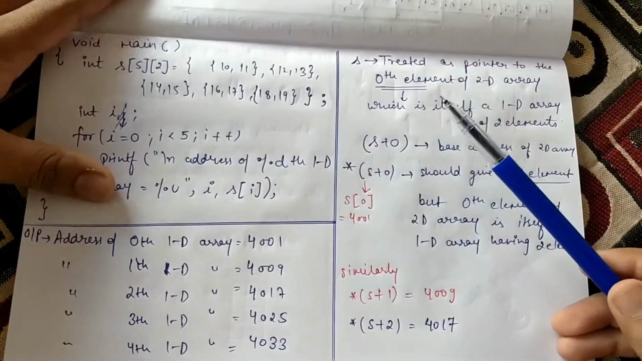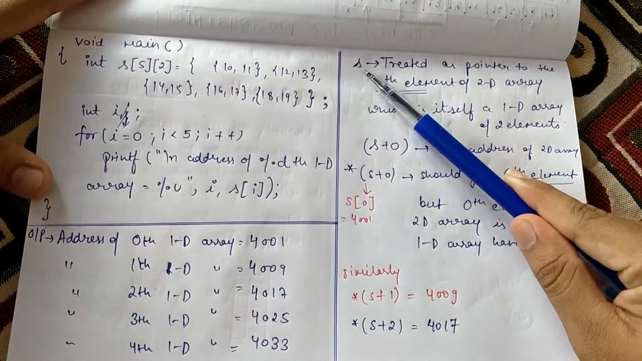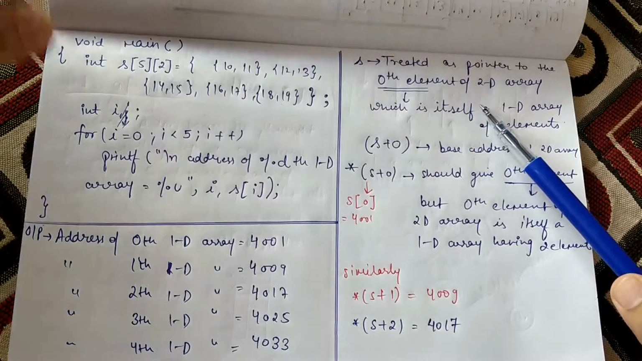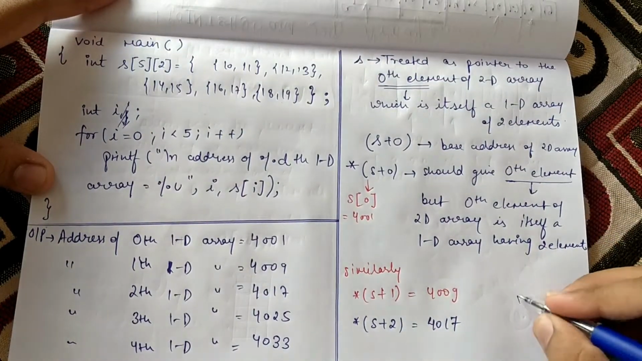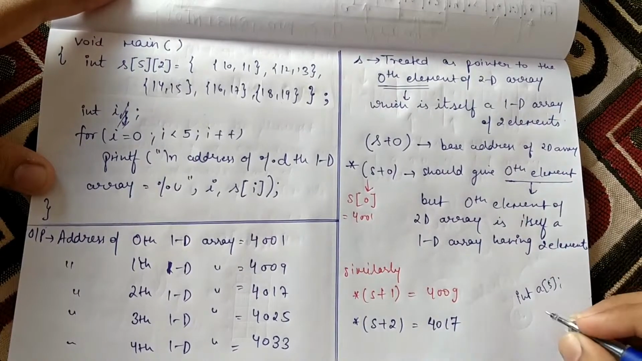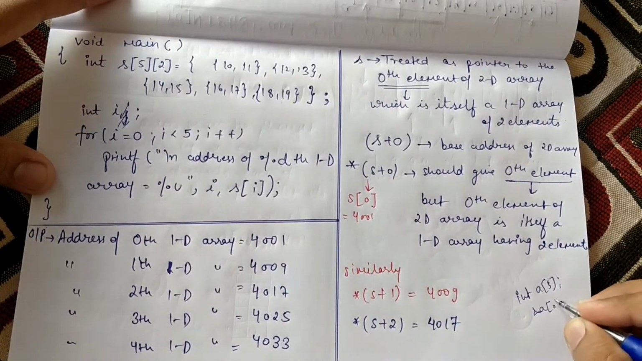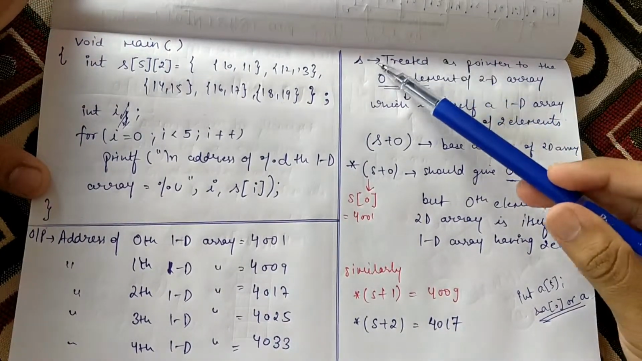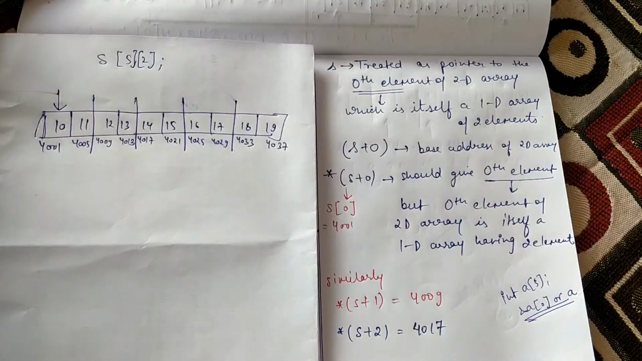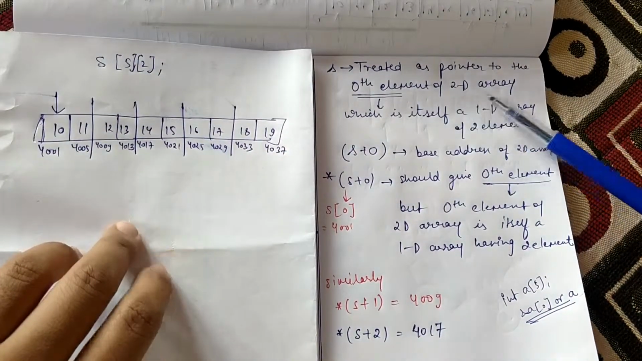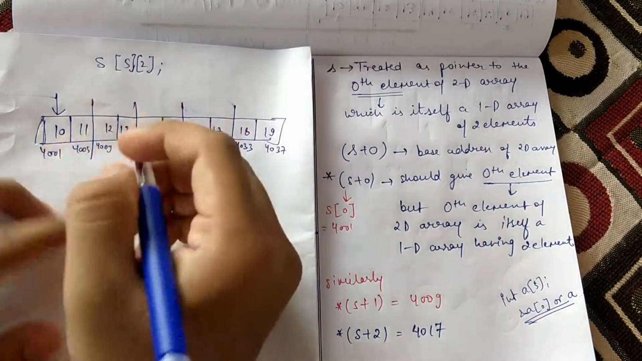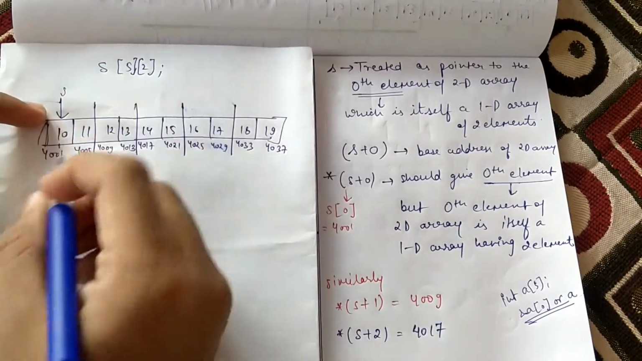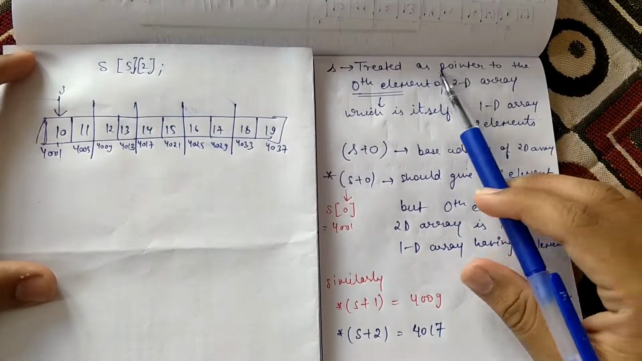And now let's understand the further concept. Now if I write simply s, it will mean that it is the base address of the two-dimensional array. Similarly, if I have an integer array int a of 5, and I write a of 0 or I write a, these both statements are similar. In the same manner, if I write simply s, it will point to the base address of the two-dimensional array. So s is treated as a pointer to the 0th element of the 2D array. So s will point to this base address of this 2D array, so s will be 4001, and since it is pointing to the 0th element,